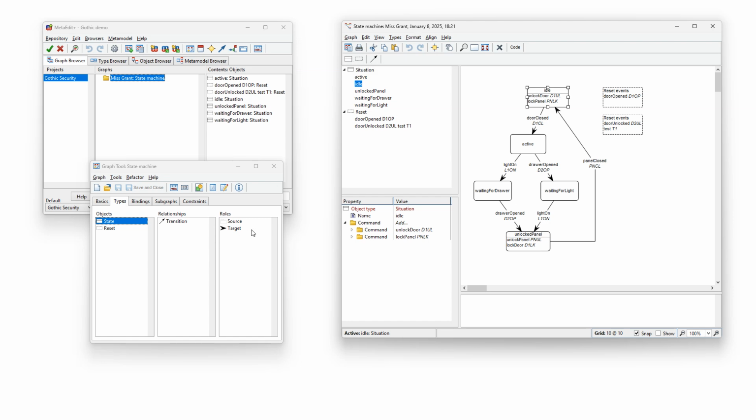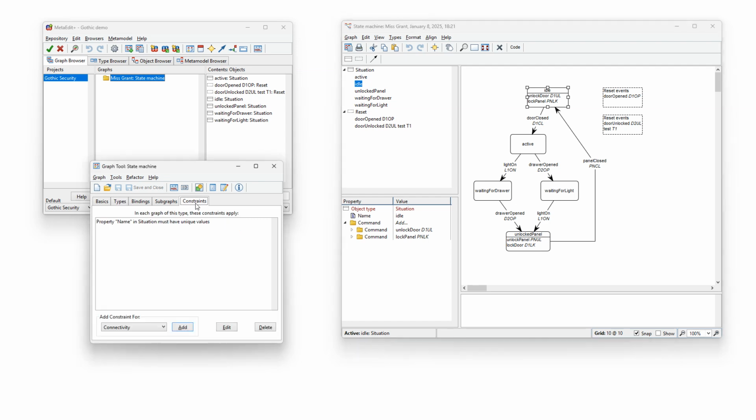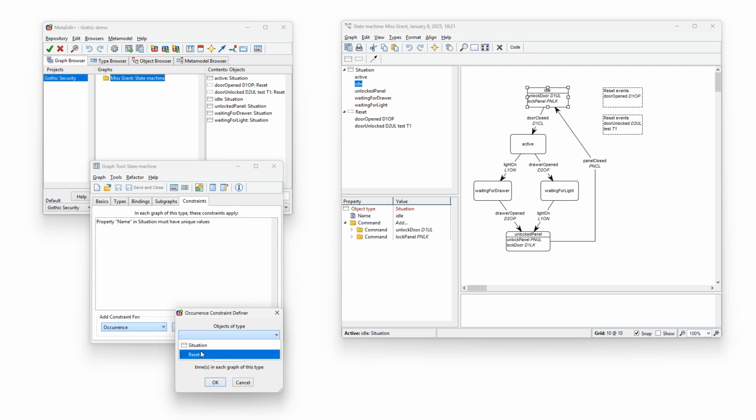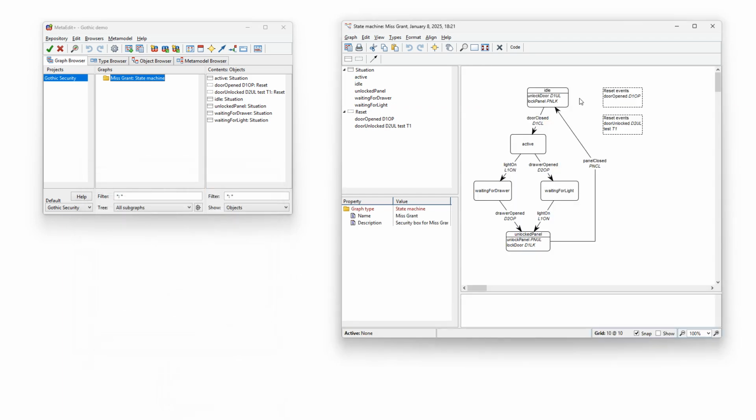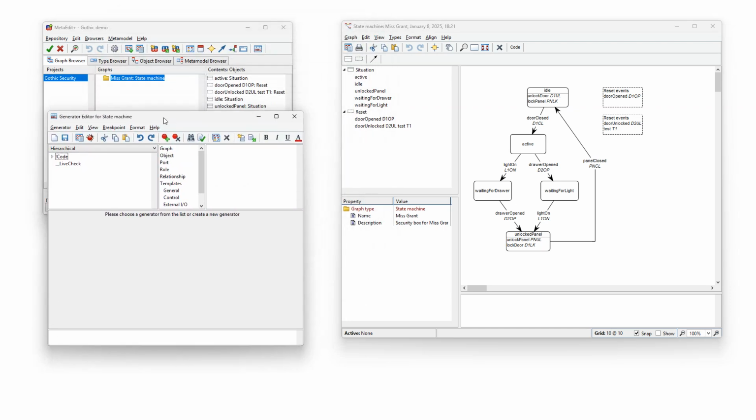Adding is normally an easy kind of thing as well, unless it restricts the language definition, or if we remove things from the meta model. Let's add then here an occurrence constraint by saying that only one reset is allowed. So as soon as I accept this change, there's absolutely no way to say which one of these two is the correct one. So what we can do instead is that